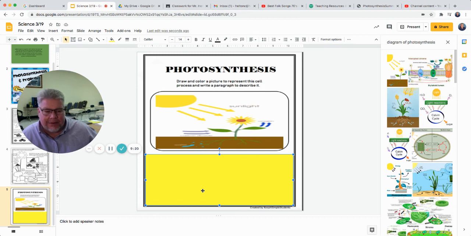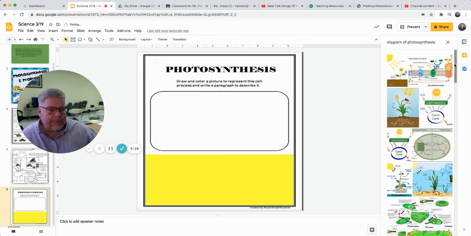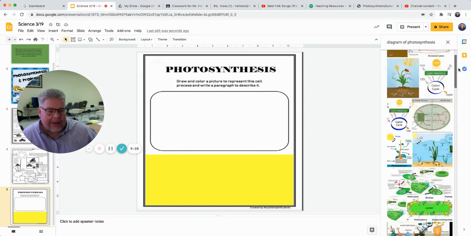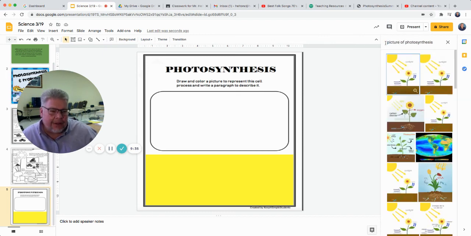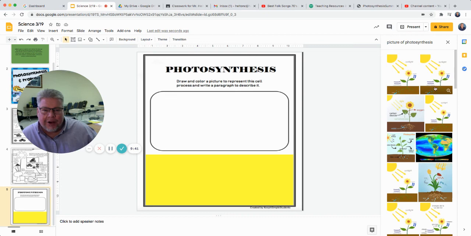That will be plenty. Okay, and you can choose any picture you want over here. Once you type in diagram of photosynthesis, some of them are complicated. You might put picture of photosynthesis. Let's see if that makes it even a little better. Oh yeah, those are much simpler to understand. So if I want to type in picture of photosynthesis, it looks a little more simple. Okay, and then put it in the box like we have this week and our other ones,